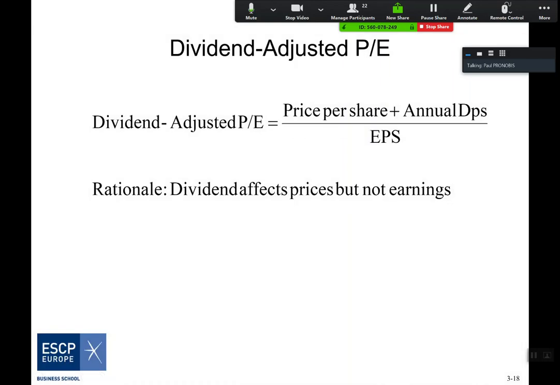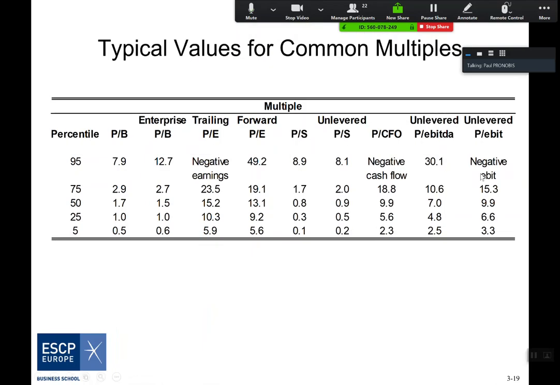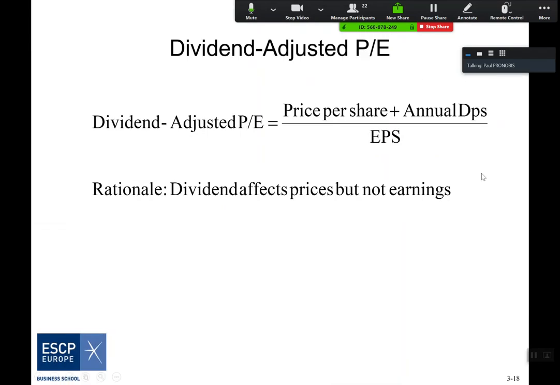You should also pay attention to that PE ratios usually should be dividend adjusted, meaning that if dividends were paid out in a particular year, then we should add the dividend per share that were paid out to the price per share before dividing it by the earnings per share. The rationale behind that is kind of like in our consolidation of the